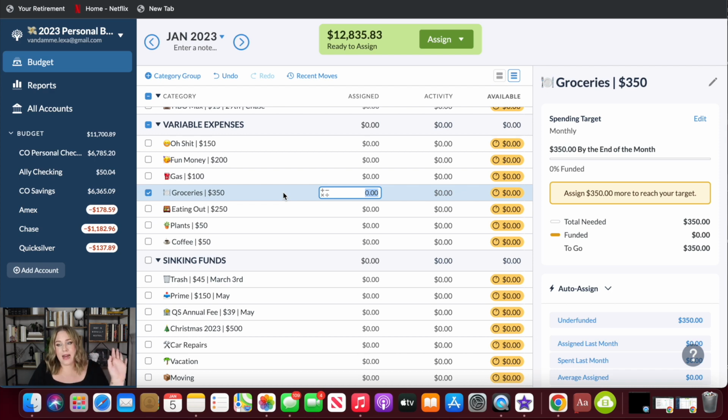The nice thing about YNAB is that you don't have to wait till the first of the month to create a budget, to start a budget, because it literally doesn't matter. Since we're only working with the money that you have right now, you just have to be conscious of the fact that if you're making a budget toward the end of the month, you want to focus less on the month that you're on and probably more on next month